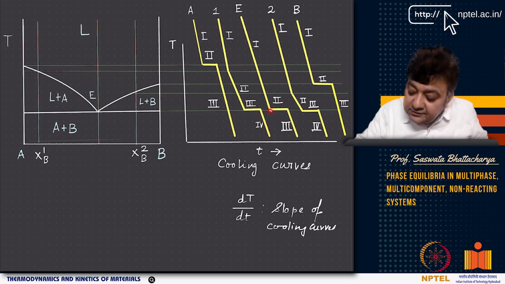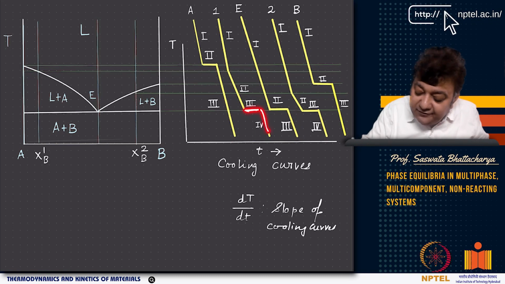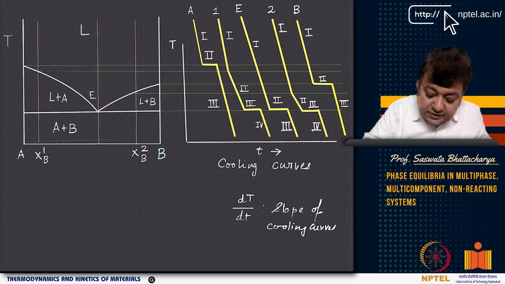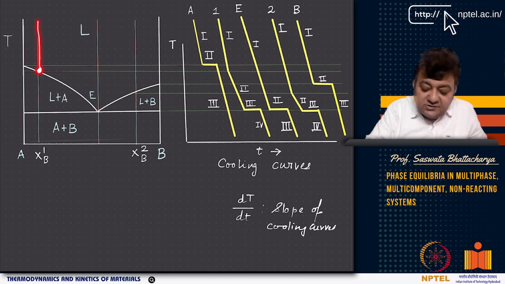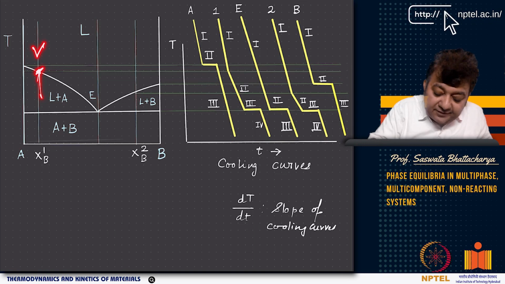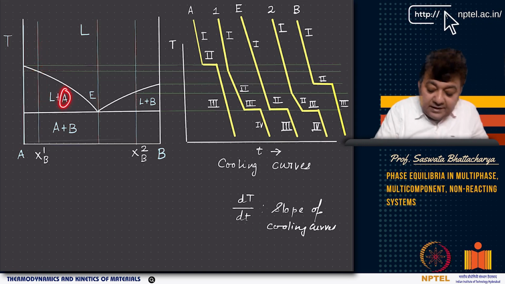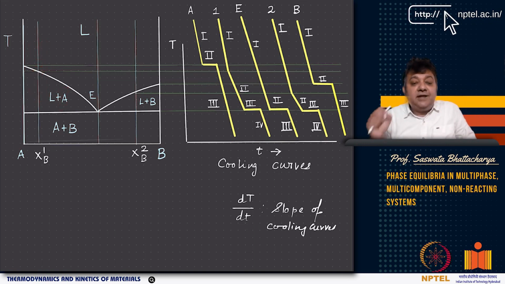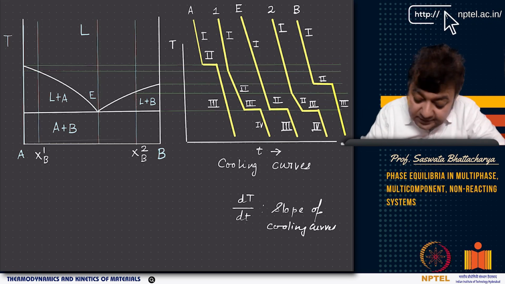So basically here also you can see that there is this 3. So here you have 3 and 4 because there is also a 2 here, but here there is no 2. If you look at this part, there is a 2 here, there is some change, but the change here is not a liquid to solid transformation. The change here is that, if I go from here to here, the nuclei of solid A start nucleating inside the liquid. So this is for component E.